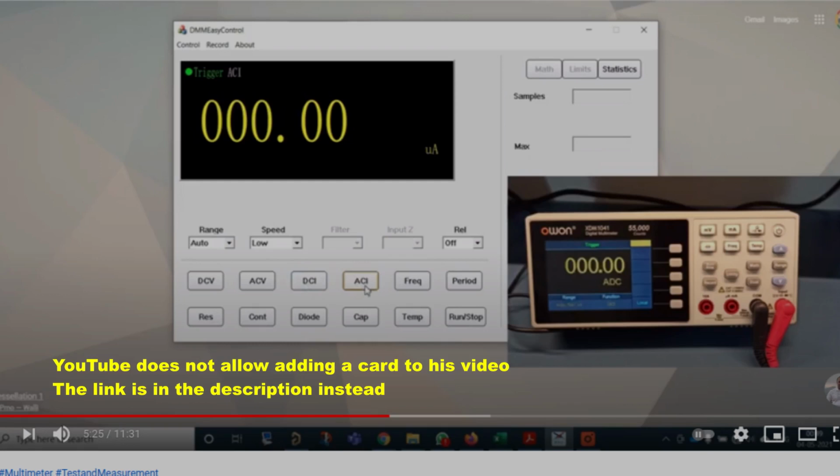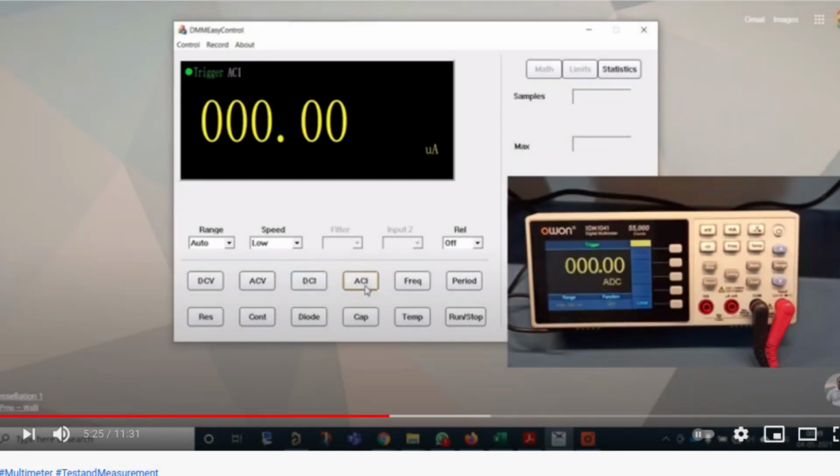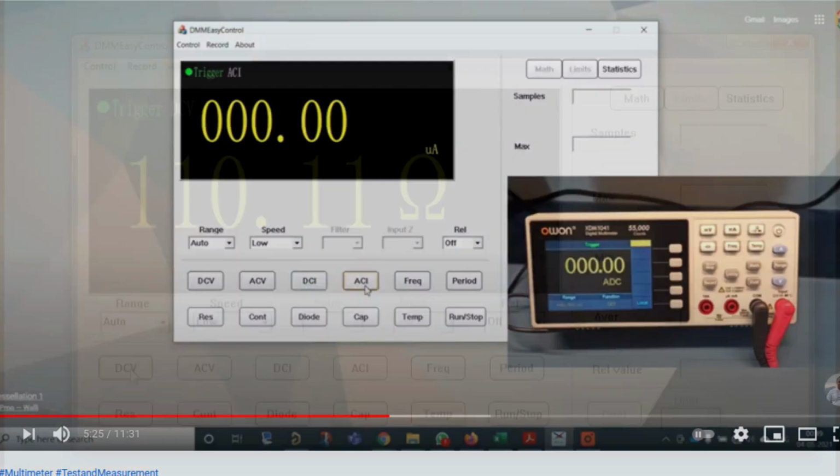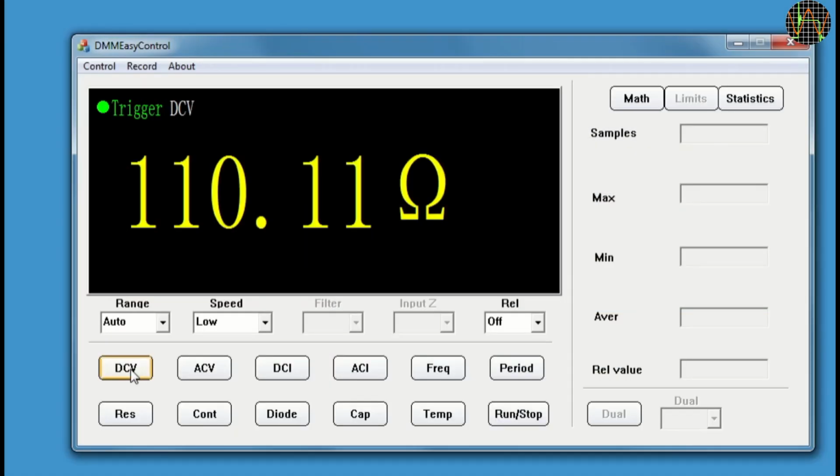You should watch it because he goes into some detail on SCPI as well, besides showing how nice his XTM1041 works with that PC software. Seeing this work so nicely confirmed my suspicion that my XTM1041 also used to work better with this PC software before, and the only thing that happened since is that I upgraded to the new firmware shown in my last video. Has O1 broken something on the SCPI?